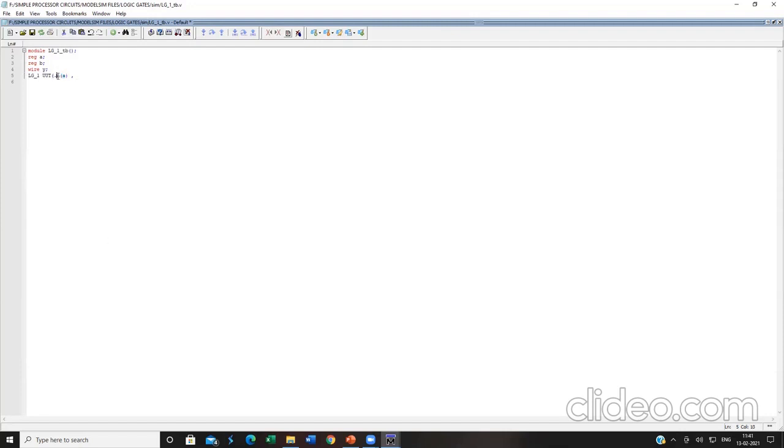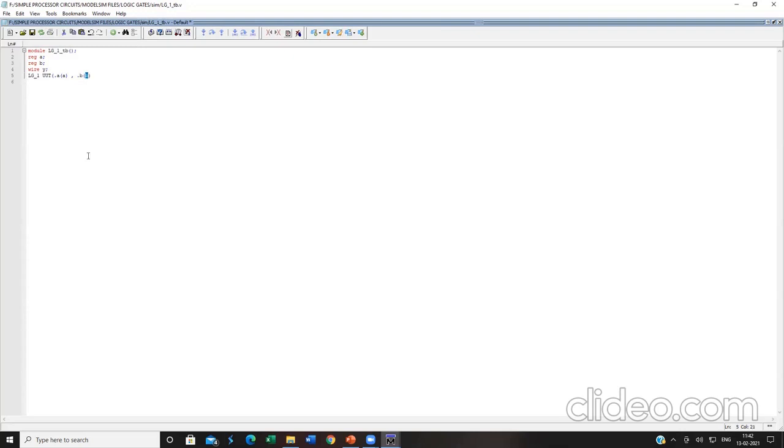The variable A present outside the parenthesis belongs to LG_1. The A which is present within the parenthesis belongs to the instantiated one, UUT. Similarly, dot B. The B outside the parenthesis belongs to LG_1.